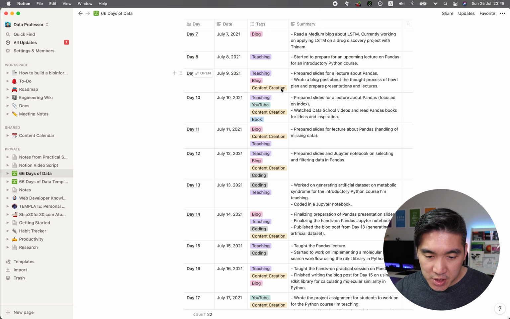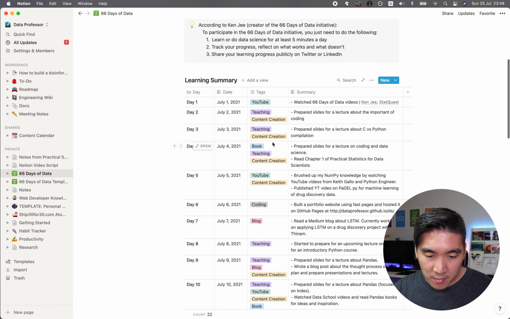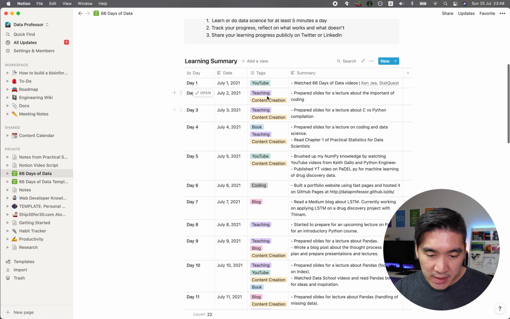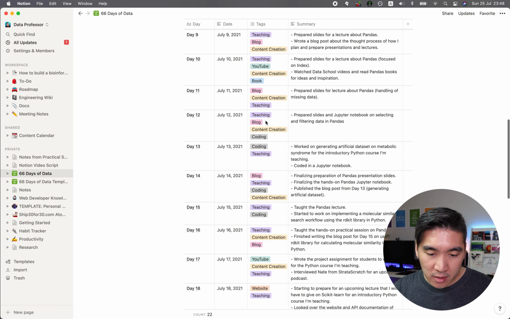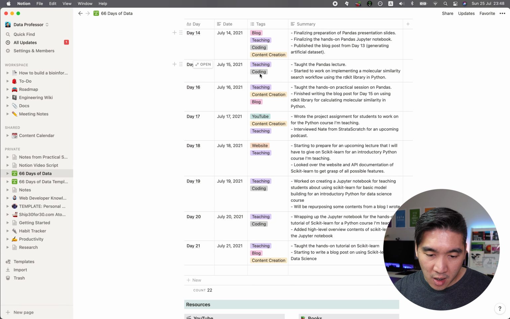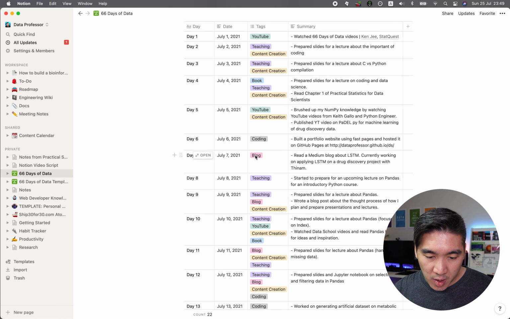and content creation. So you could see here that for the entire month of July, most days, Monday through Friday, I've either been involved with teaching an introductory Python for data science course, which I included in the tag here, shown in the purple tag. And notice that it's predominantly included in the tag column. And so most days have teaching and also most days have blog, because every day I would read blog posts